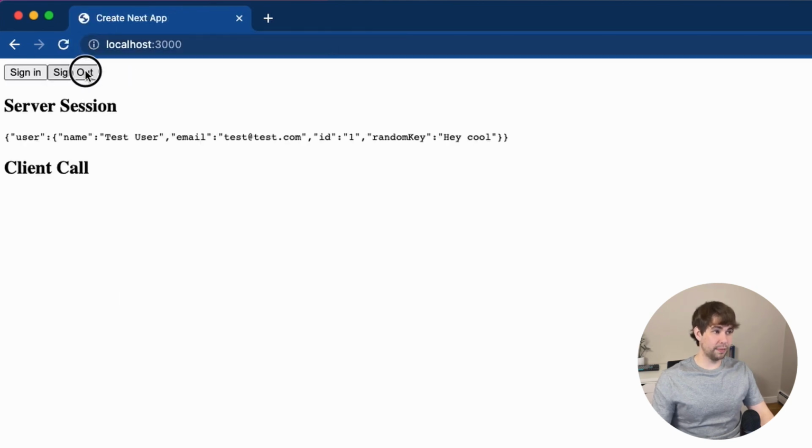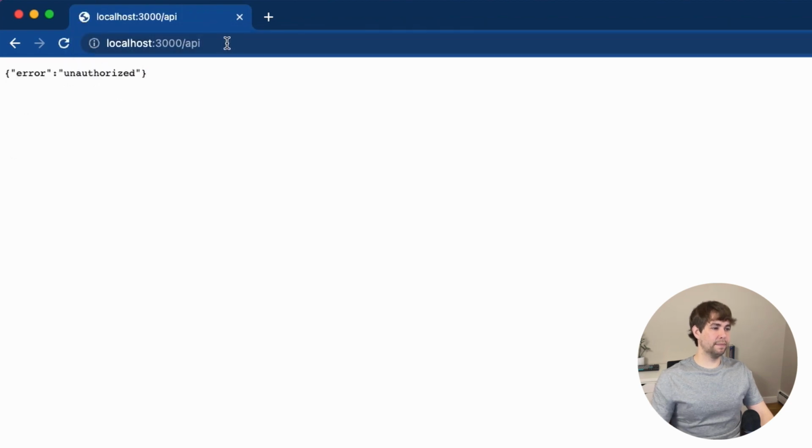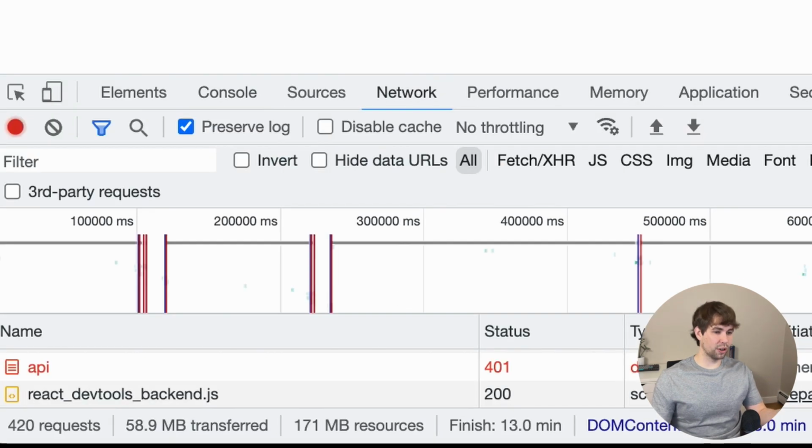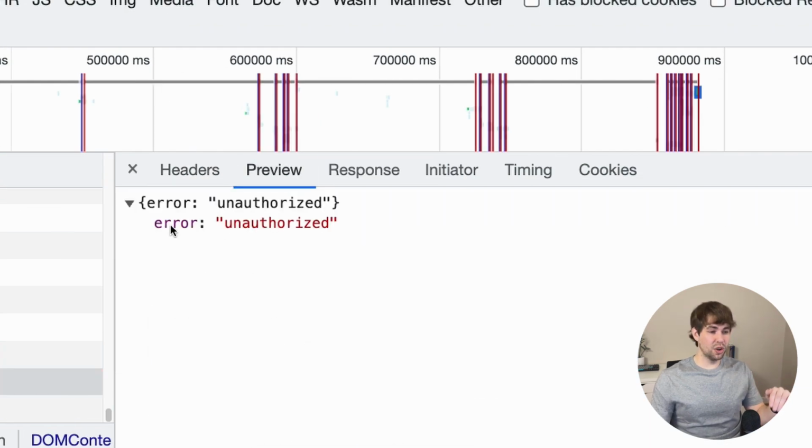Once we sign out, we can try the API again. And here in our network log, you can see that instead of getting that 200 OK, we're getting a 401 unauthorized with the error unauthorized. So this is the experience you'll want to give people who are using your API, and it's how you can do protected API routes. However, there's a better way to handle checking authentication than on a page-per-page basis, and that's